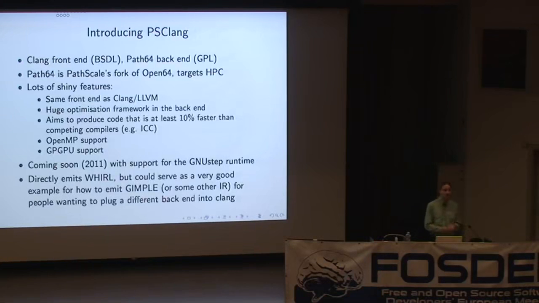And they're now using the same front end as LLVM. They're using this Clang front end, which is really modular. So the dependencies between LLVM and Clang are actually really small. It has a single library in the Clang source tree that takes the Clang abstract syntax tree and emits LLVM intermediate representation from that. And all they're doing is just replacing that library with another library that does the same thing, but with their intermediate representation. And this will be released open source quite soon. So you can maybe use that if you're working on another compiler. You could use that as an example of how to emit Gimple or something else.